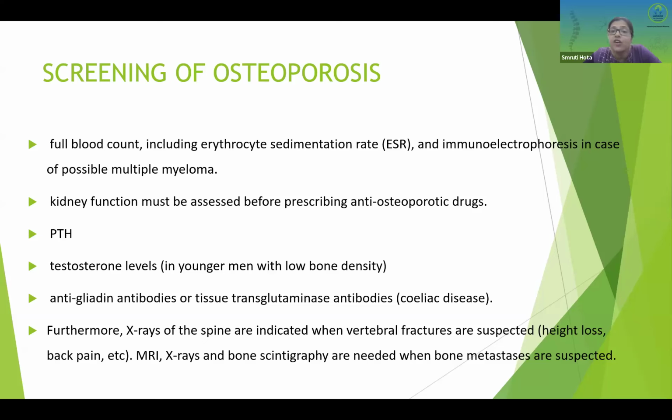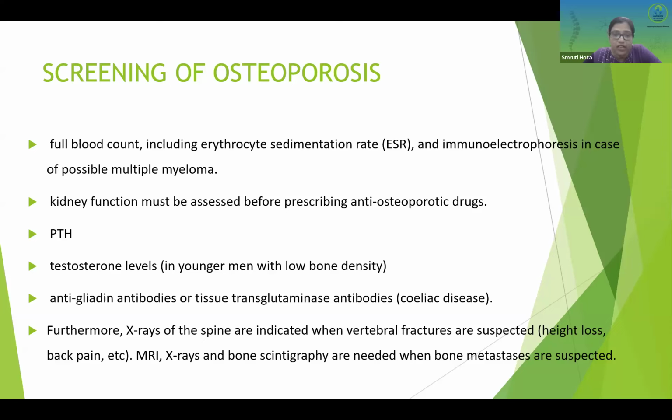It is a classic cause of secondary osteoporosis. Next, always check the kidney functions, because renal impairment not only contributes to secondary bone loss, but also influences the choice of anti-osteoporotic drugs, particularly bisphosphonate and denosumab. Parathyroid level is equally important. And here also, serum parathyroid level helps to differentiate primary and secondary hyperparathyroidism,